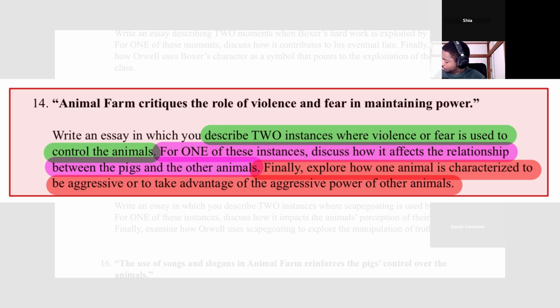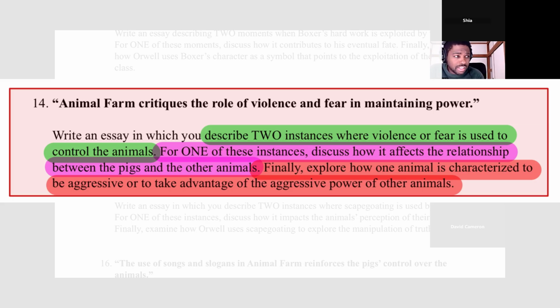One animal characterized to be aggressive is Napoleon. He is characterized by being tactful. To support this is when he hid and trained the 9 dogs. This shows he is ruthless and cold because on the day of the elections, he just unleashed the dogs at Snowball to remove the competition, showing that he is also power hungry and wants total control and power. Almost exactly what I have for my ideas for this.